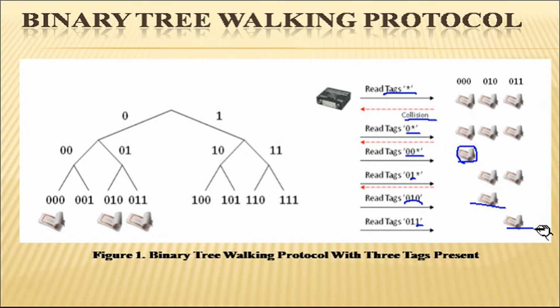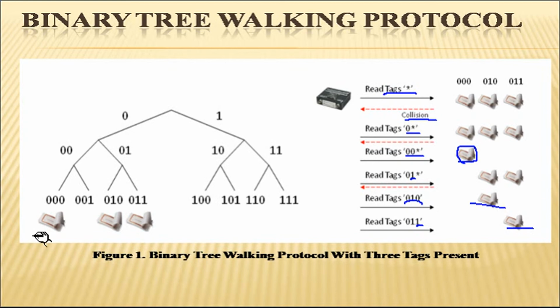It is called the binary tree walking protocol because this behavior is seen as traversing a binary tree in which the individual bit positions are the branches and tags are considered as the leaves, as you can see in the diagram. So this is how we have singularized these three tags. No collision has taken place in this. Now with this, an attacker can overhear the prefixes sent from a reader to its tags, and thus may infer many partial UIDs of the tags present.